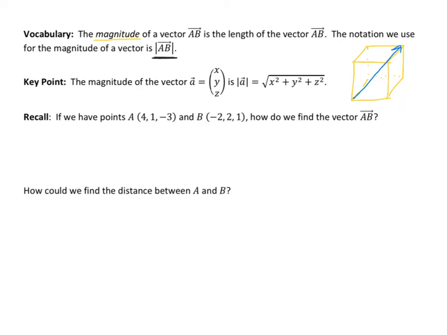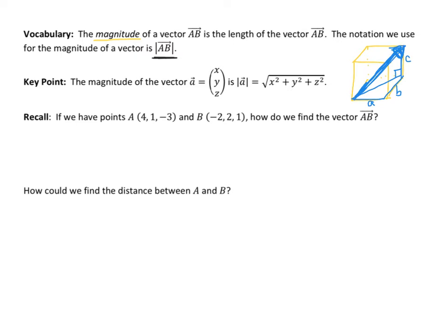And the components of this vector are A, B, and C. We could think of this as being a right triangle sitting inside of this box, and the hypotenuse would be found by squaring A and B and C,